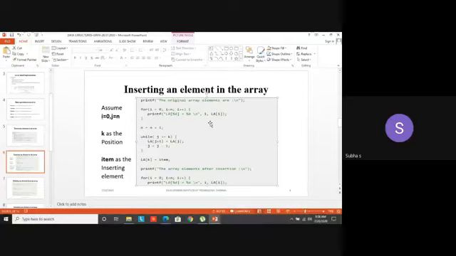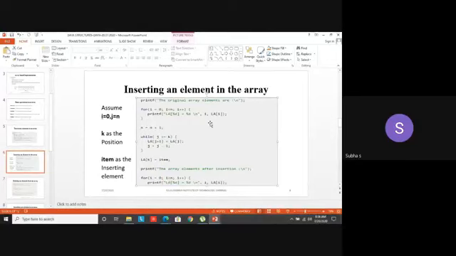Here, on the left side you can see, I have mentioned i as 0 and j as n. J means you are going to use another variable called j as the size of the particular array. K as the position, I'll explain the coding, then we will move on to an example. K is the position where I am going to insert, either in the second position or third position. Don't think that second position means A of 2. Second position means A of 1. Index should be different. Third position means A of 2. First position means A of 0. Don't confuse that one. Again and again I am telling.